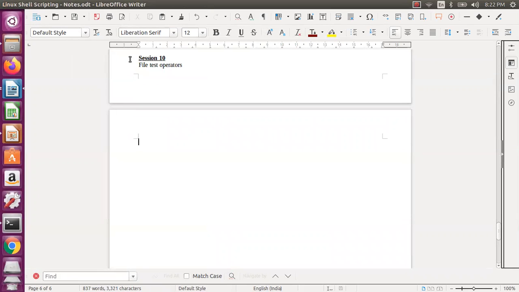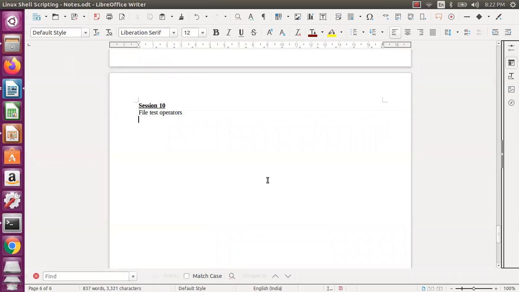Okay, now let us test the file thing. What are the options actually? Minus e is whether it exists or not. If it is a normal file, the symbol is minus f, and if it is a directory, minus d.